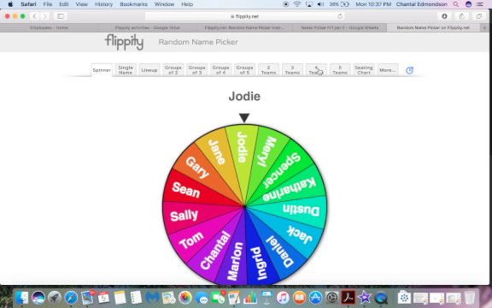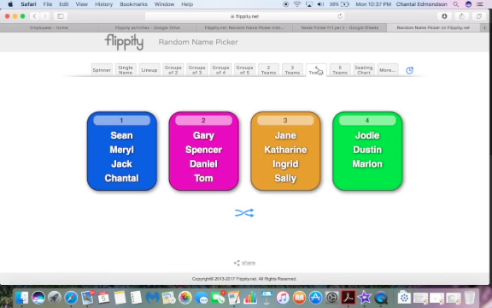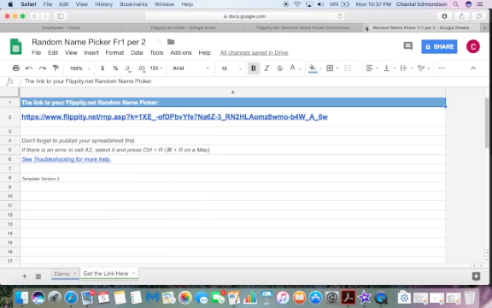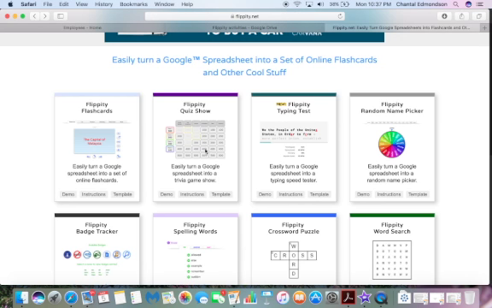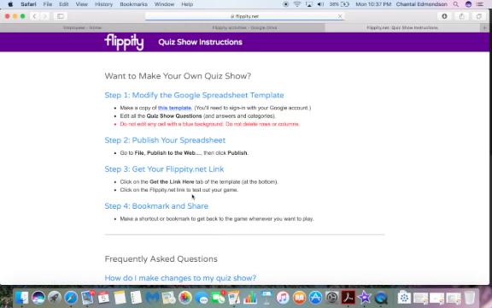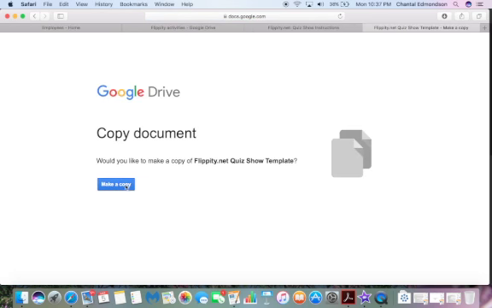Let's see, I need 4 teams to play my next game. You click on 4 teams. And these kids now team up, go in each corner of your classroom to go play the next game, which is right here. We're going to go back and choose the quiz. So we want to play Jeopardy or Flippity Quiz Show, and we're going to go to Instruction, click on this template, make a copy,